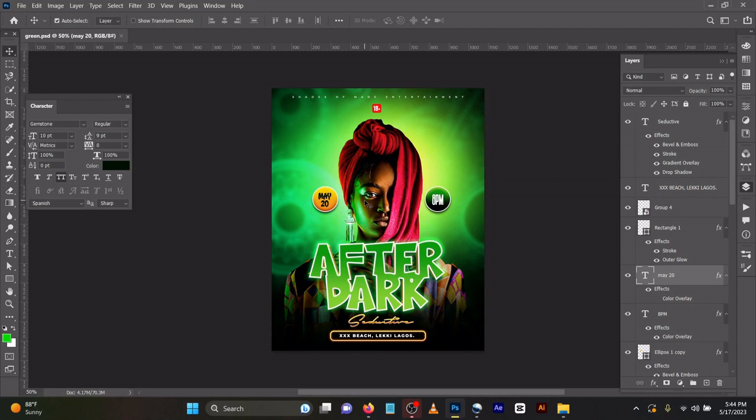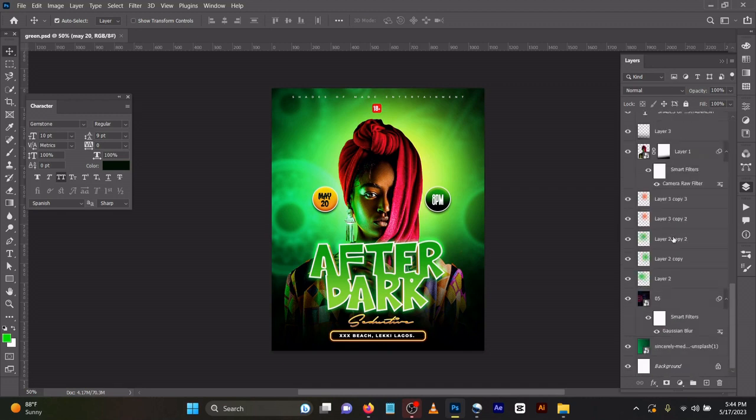So we are going to be designing a party flyer today. This is much more detailed than the previous ones I've been doing, so I will give you an in-depth detail. I will try and explain as much as I can, so you can ask questions after the video, to know where you are, which area you don't understand. So let's start. What I did first, okay, Control